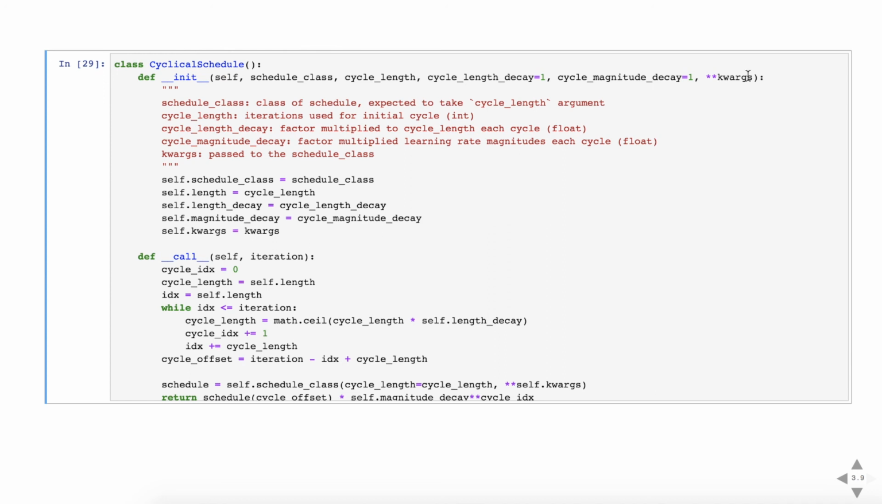And then the keyword arguments are some of the more configurable options for the schedule class. So if we pass the triangular schedule, for example, some of the arguments for triangular schedule include the minimum learning rate and the maximum learning rate, and both of those are passed when we create an instance of the schedule class. So if we now move down to the call method, we'll first of all work out which cycle we